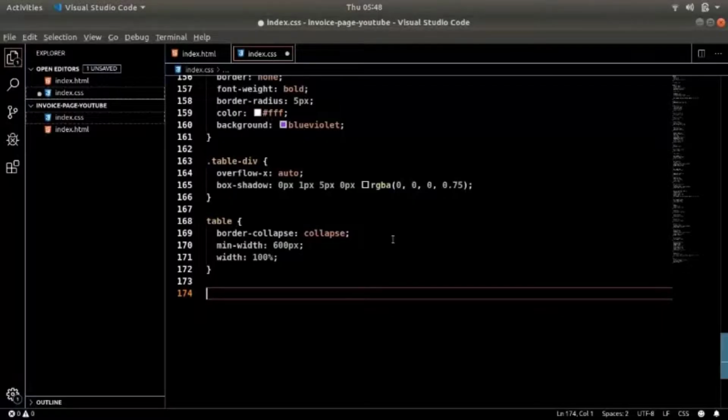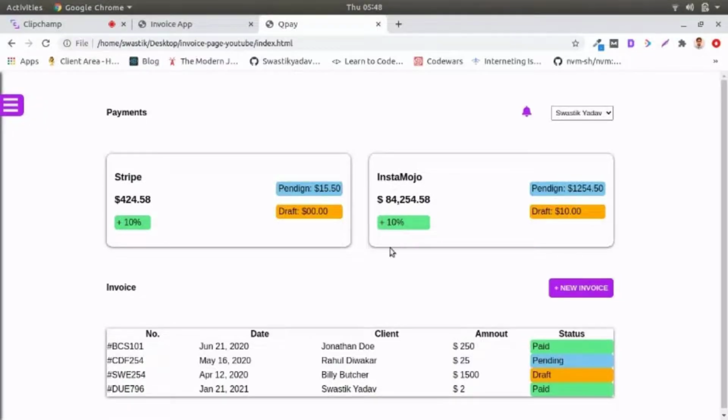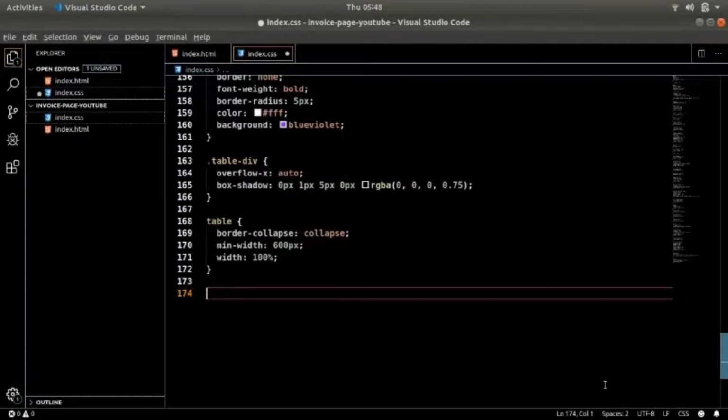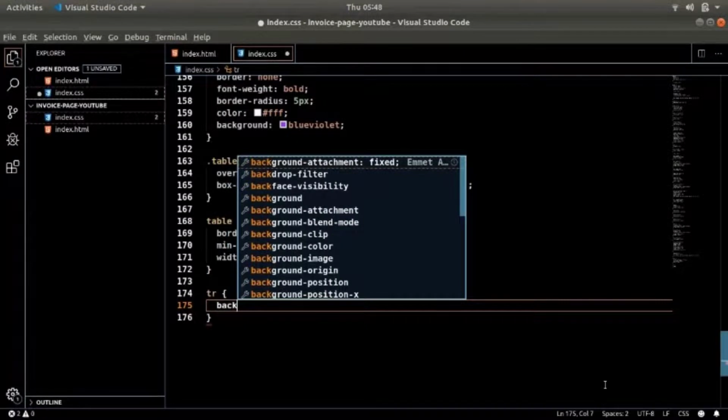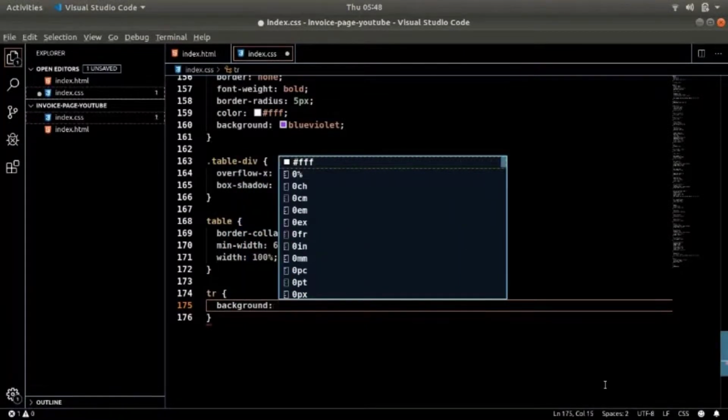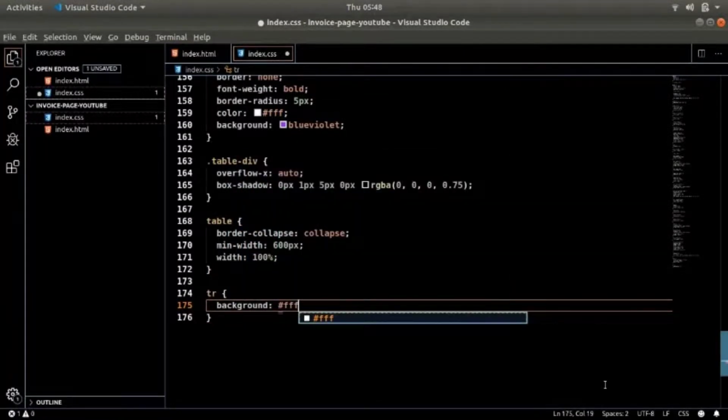Now what I want is to style these rows, each row. So I'll just go with tr, because we only have one table and the tr of that table only. So I'll go with background. The background is already white.